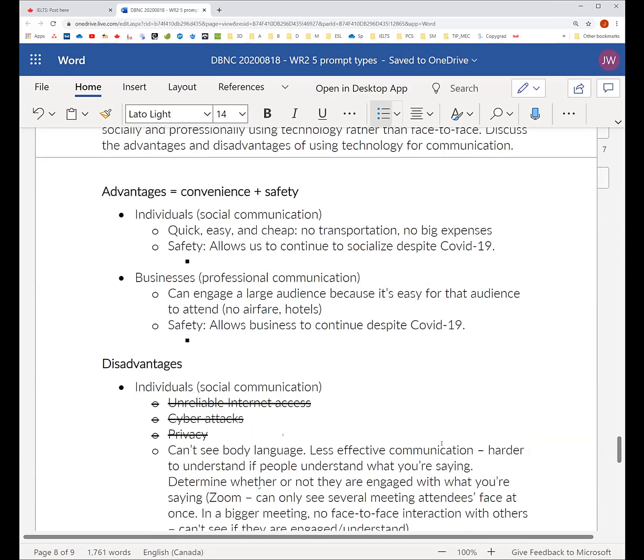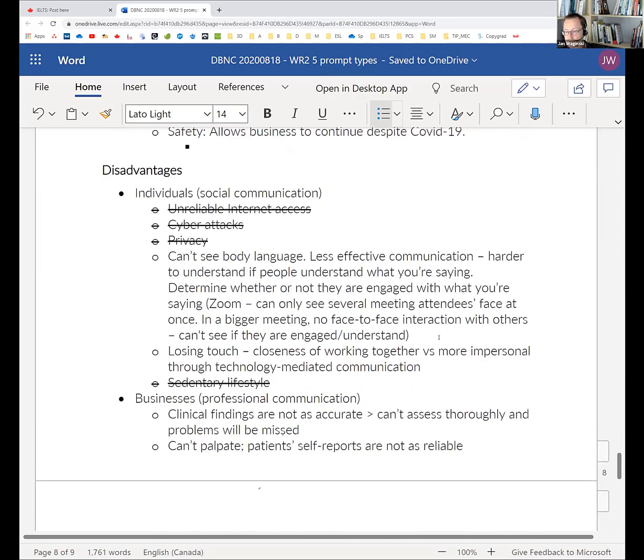Why don't we have everyone write one well-developed body paragraph? We're not going to worry too much about the thesis right now. That's very straightforward for this one. Let's just get everyone to write a single well-developed paragraph. Okay, I'll give you 15 minutes.